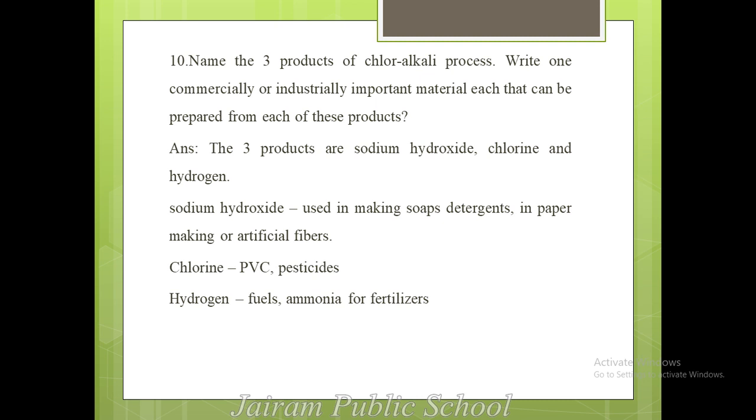And what is the reason for this pop sound? The hydrogen gas coming outside in the form of bubbles will burst, so you get a pop sound. Here the gas evolved is hydrogen. And how will you test for the gas? You bring a burning candle near the soap bubbles, and the bubbles will start to burst. That is the test for the gas, the pop test.